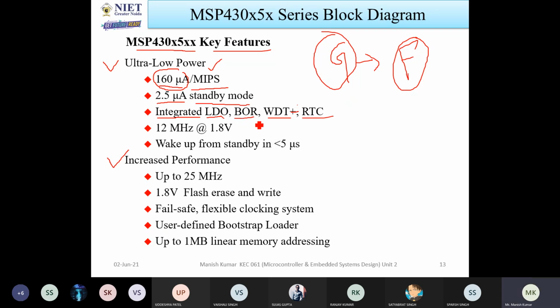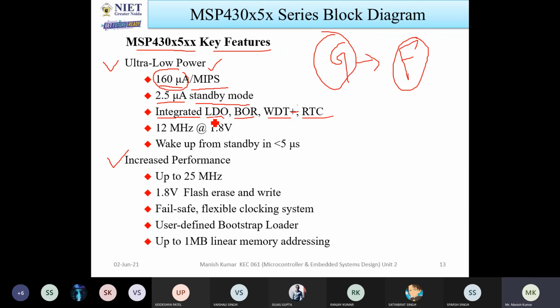BOR represents Brownout protection circuit, or Brownout reset, whatever you can call it. WDT, watchdog timer, RTC, real-time clock. So what will the LDO do? So actually what will happen is, if the microcontroller